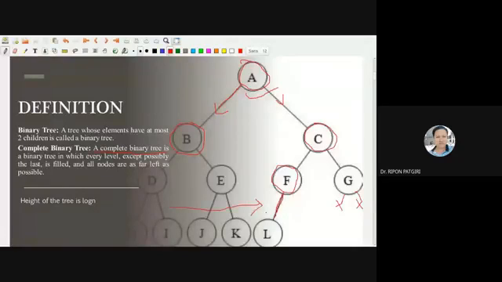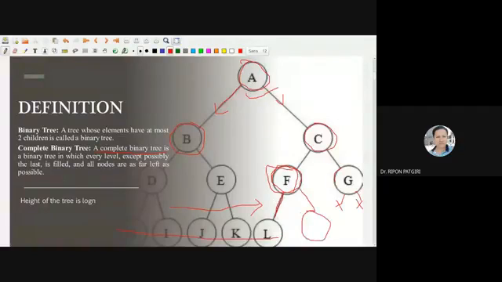Then we will say this is an external node. An external node means it doesn't have any child. That means this is known as a leaf node. So these are leaf nodes, and this is an internal node. In a complete binary tree, it is allowed that the last internal node can have only one child or maybe two children.